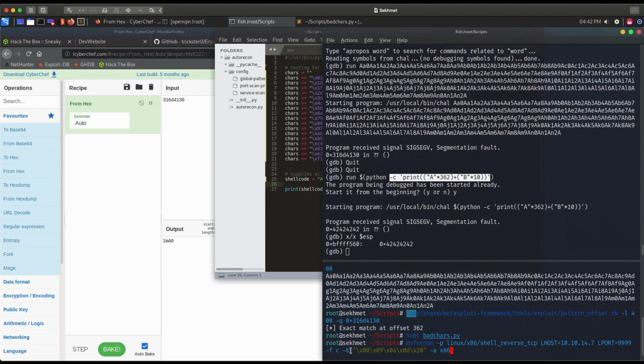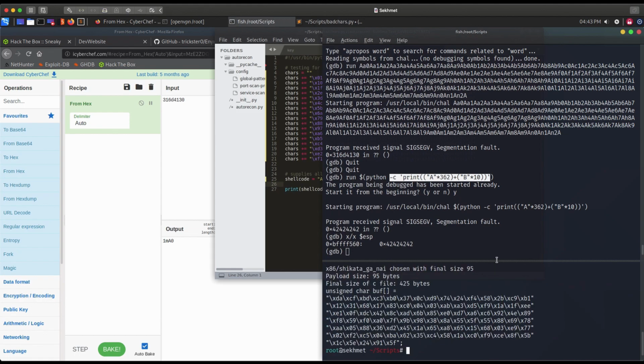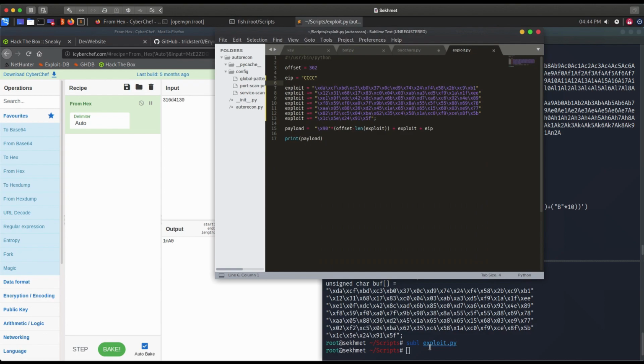We do need to tell it what characters are potentially bad, so we've told it that 00, 09, 0A, 0D, and 20 are all our bad characters. And we can provide it with the architecture, in this case x86. So it will churn through that, produce a byte encoded shell script for us that meets those requirements. And after a minute or so, we've got our shellcode. And this we can copy into